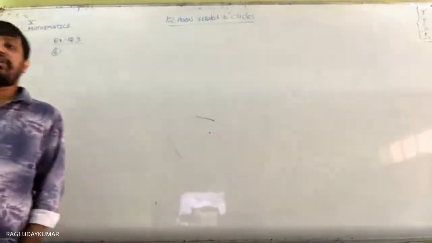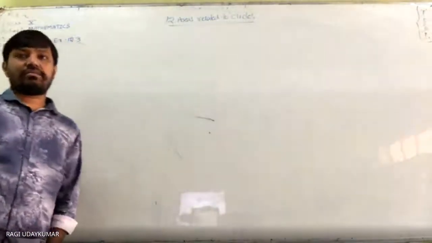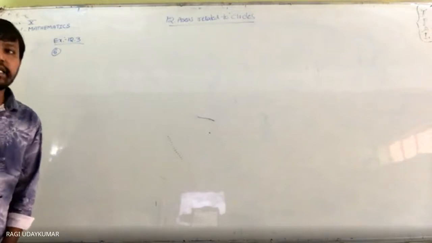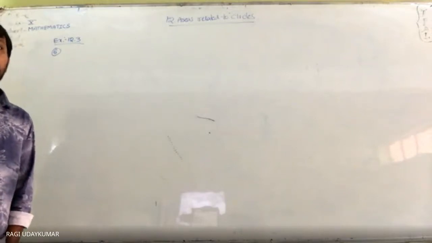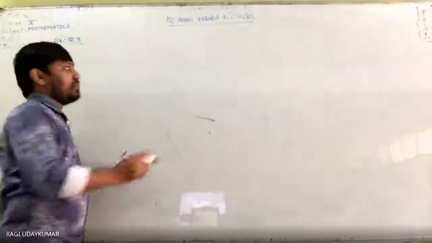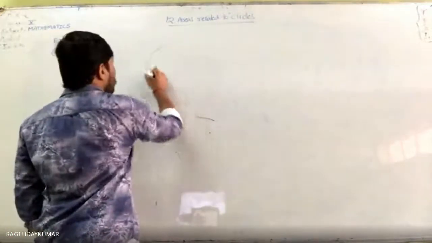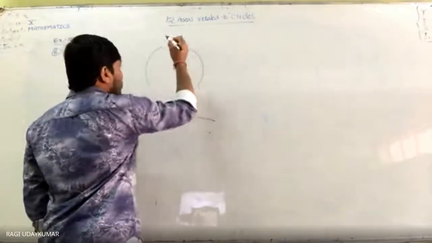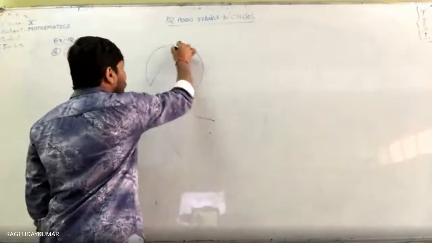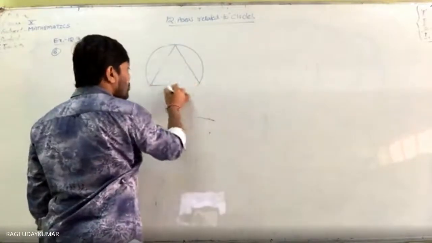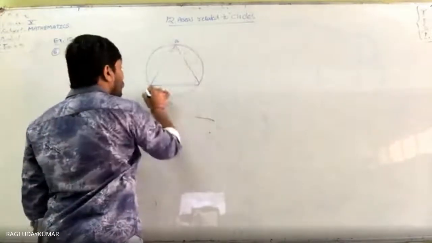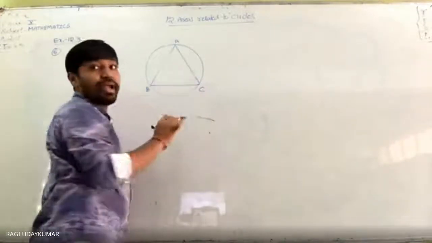The sixth question is given to you: in a circular cover of radius 32 centimeters, a design is formed by leaving an equilateral triangle OAB in the middle as shown in the figure. Find the area of the design. Most of the students will get confused about what the design area means. Just a simple design is given to you, inside it one equilateral triangular part is left uncolored, so you need to find out.